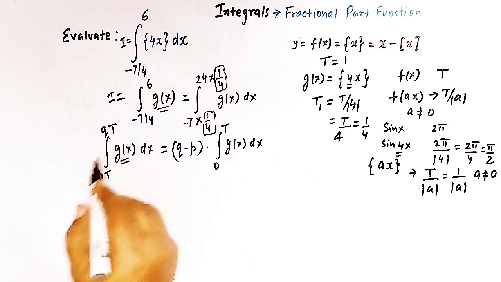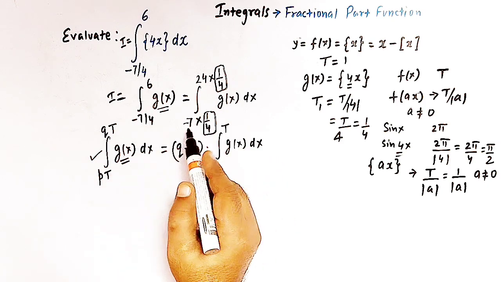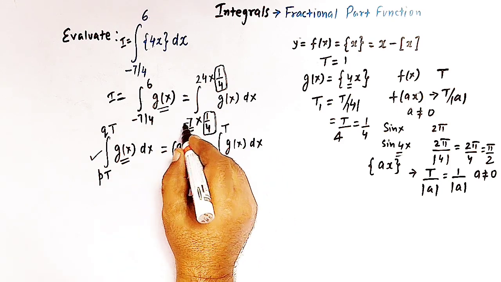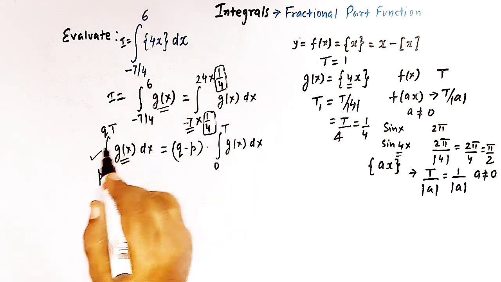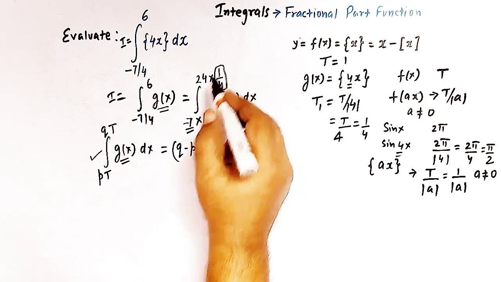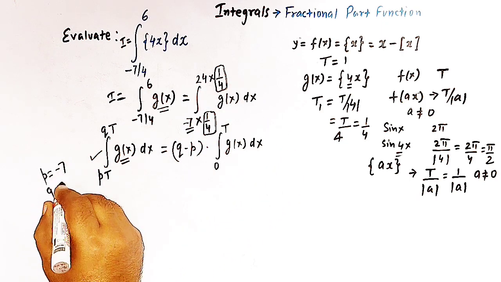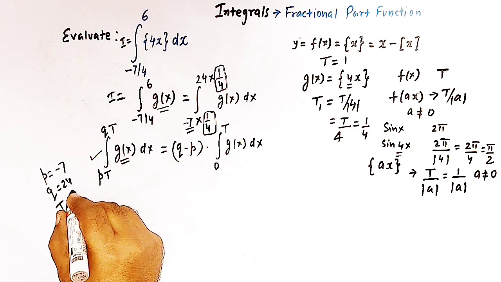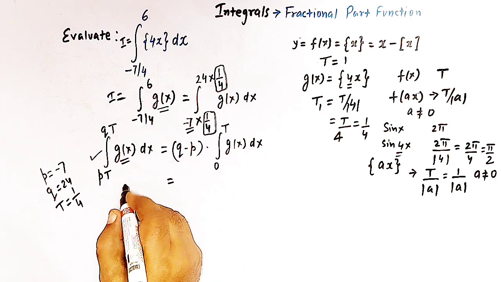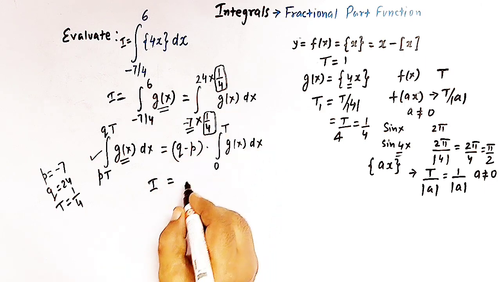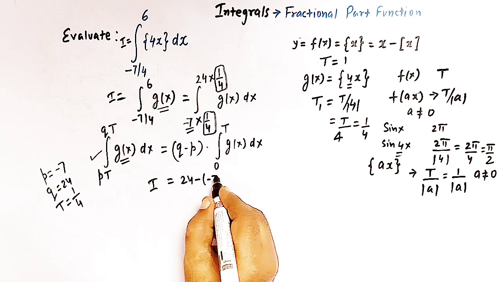So now if we compare this integral with this one, then here the value of p is minus 7, right? And the value of q is 24, and t is 1 by 4. So p is minus 7, q is 24, and t is 1 over 4, right? So here this integral, that is I, is now equal to q minus p, that is 24 minus minus 7,